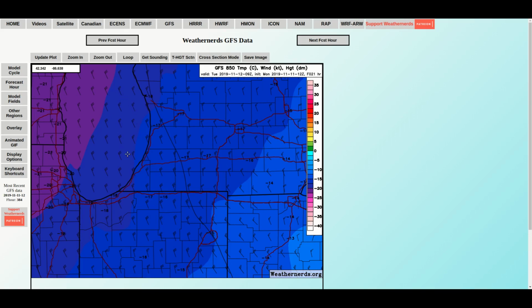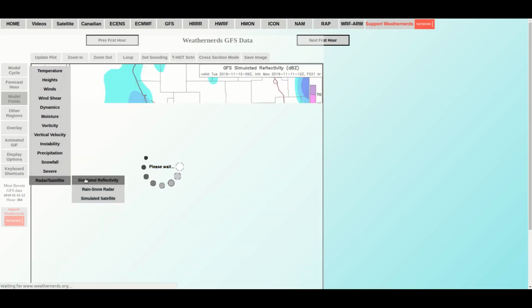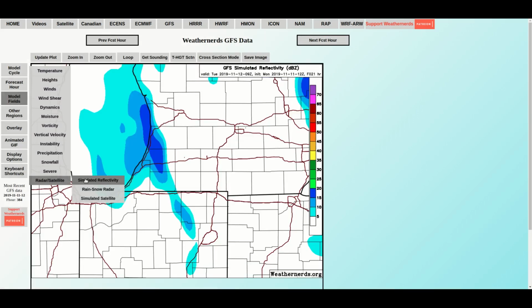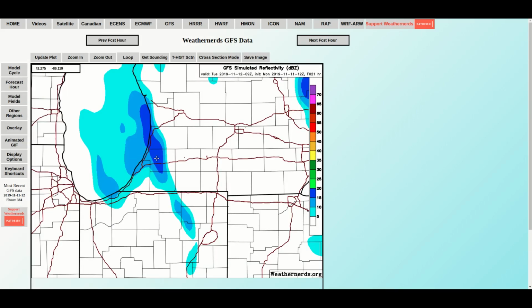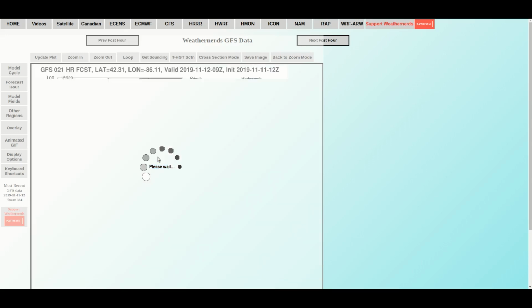And so actually we can look more directly at that. If we just look at simulated reflectivity, now it's low resolution from the global model, but it still gives us an idea. So it's got this snow band kind of sitting up here in Allegan and Van Buren counties. So if we look at a skew-T through the center of that band,